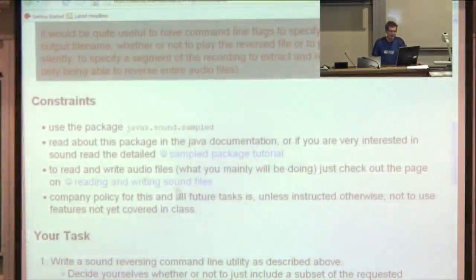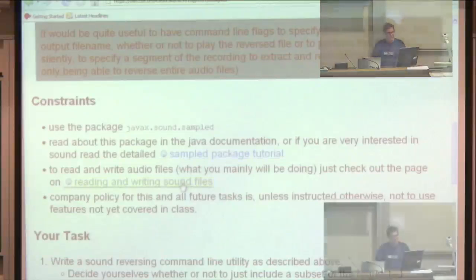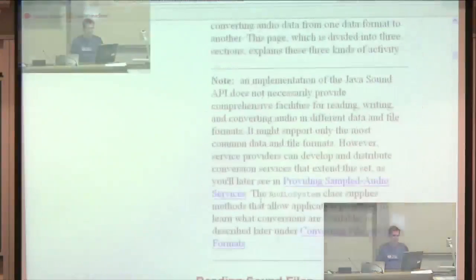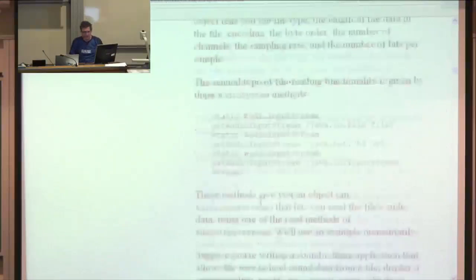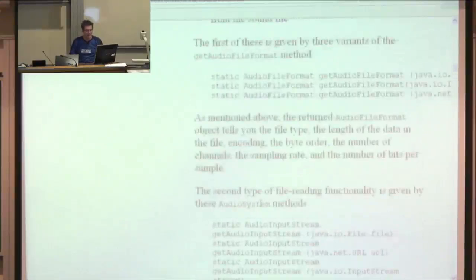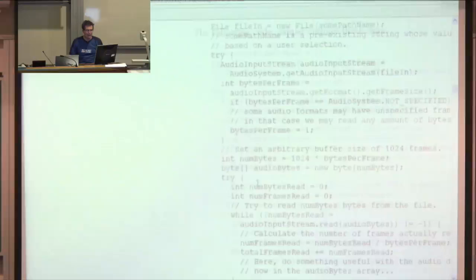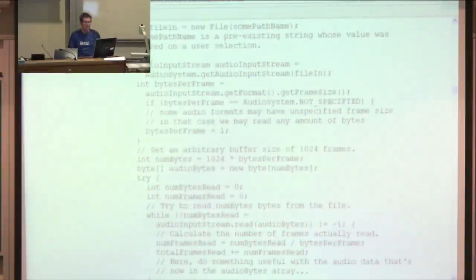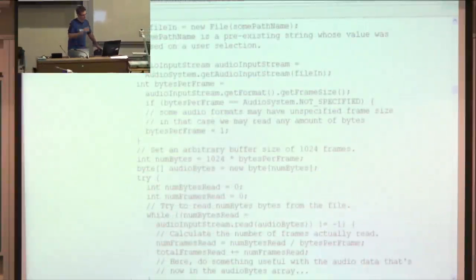Okay, the important thing to notice here is Java's got a tutorial that you can follow there that tells you how to use a sample package to do sound. Let's just jump to the part of it we want, which is reading and writing sound files. Blah blah blah is my approach to all that. Let me see some code I can steal here. Now this is very, very yucky, messy, confusing code. So I'm apologising in advance.